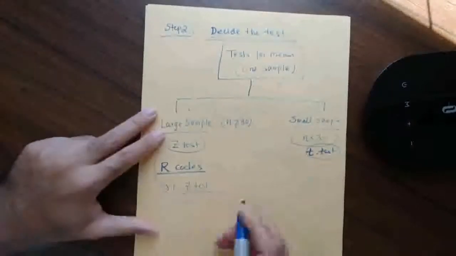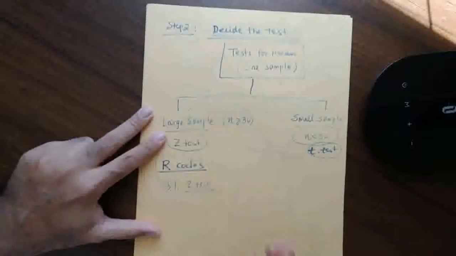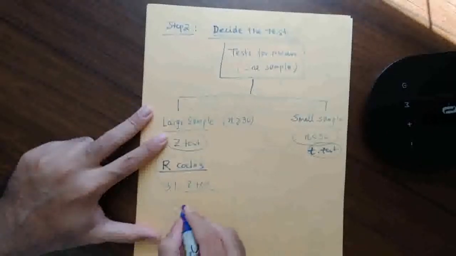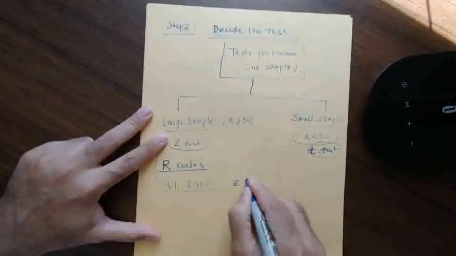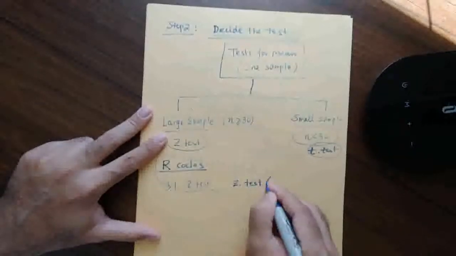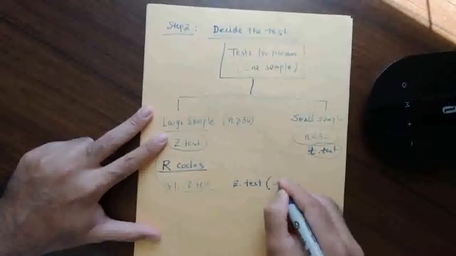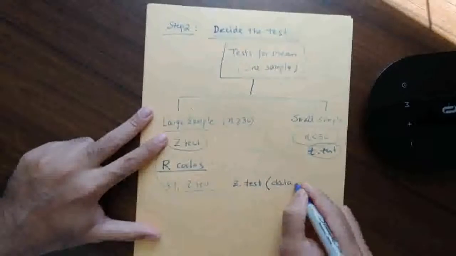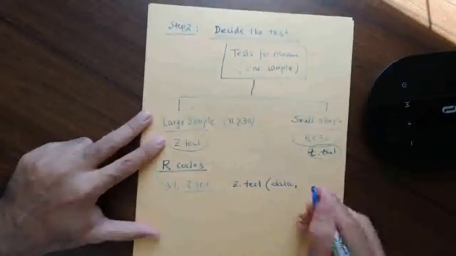So what you need to do for the z-test, from your step 1, you know whether it's less than or greater than or not equal to. So in the z-test, you have to put the data first, which means your one column of data,